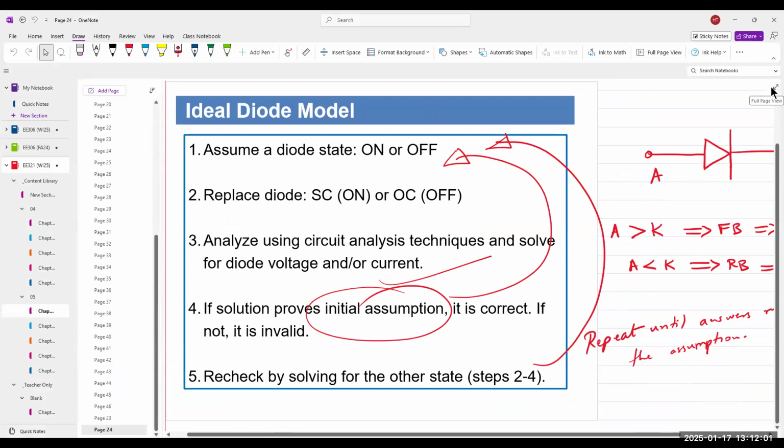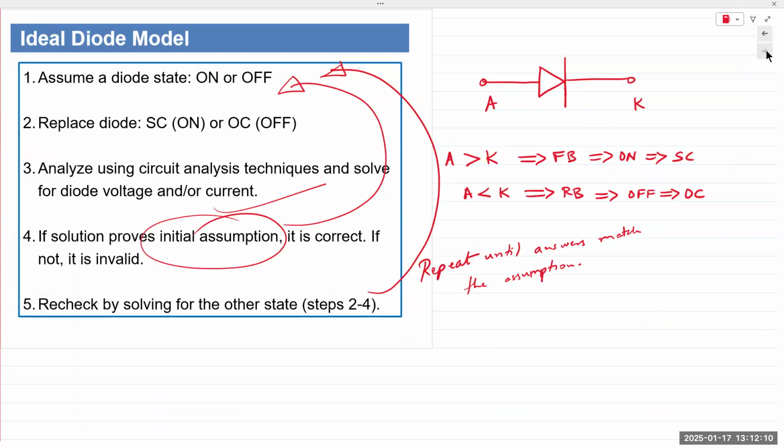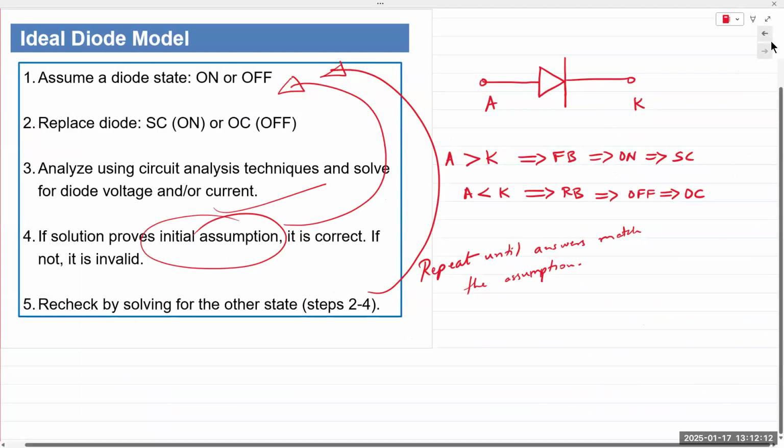Isn't there one in the lab kit? I think so. Why is